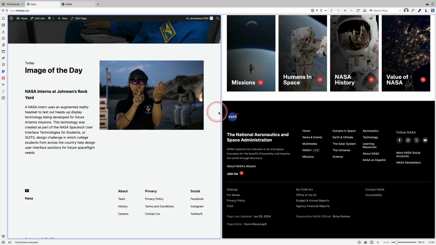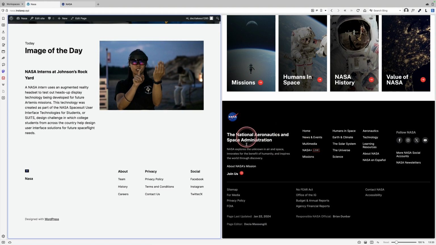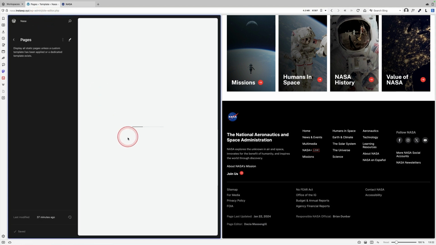The only other thing I want to show you in this tutorial is this footer section here. And this is my current default footer, but you can customize it completely again because it's just built using blocks. So to edit the footer is fairly straightforward. You just click on Edit Site at the top here. That'll take you back into the site editor.